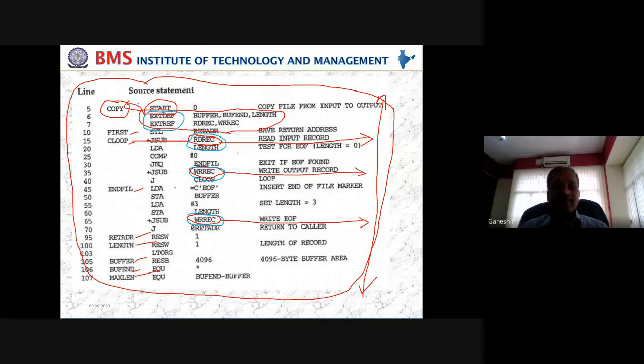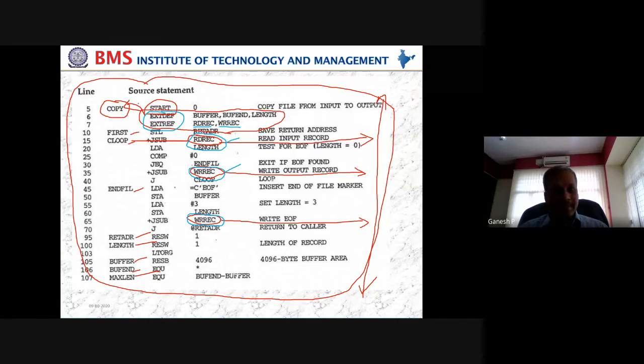Thereby, they are called external references. Which are external references here? RDREC, WRREC. Why have we declared them as external references? Because I don't know what RDREC is. I don't know what WRREC is in the current control section.